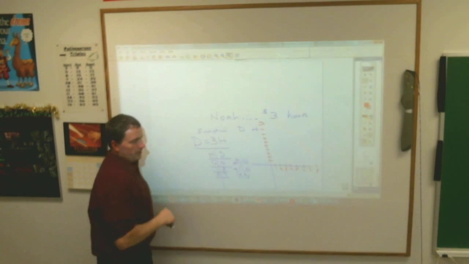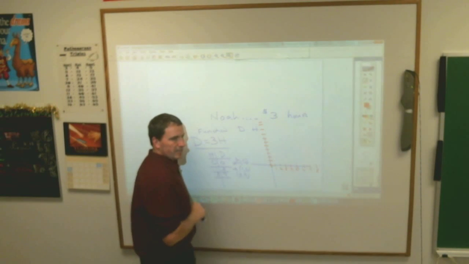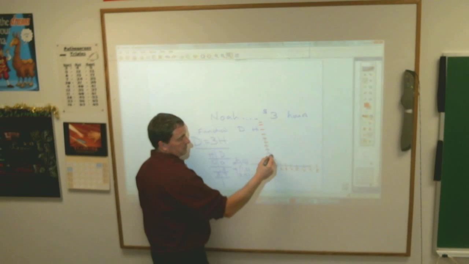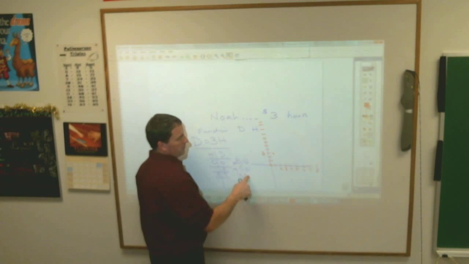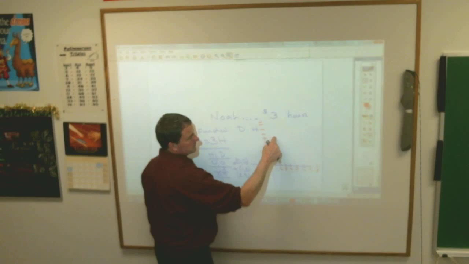And we graph these points. Here at 0, 0, he worked 0 hours, he gets $0. He worked 1 hour, he makes $3. He worked 3 hours, he gets 1, 2, 3, 4, 5, 6, 7, 8,